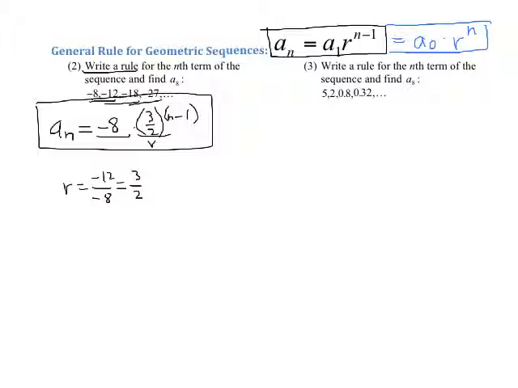But then we were asked to use this formula to calculate the 8th number in our list. And so, like yesterday, that means plug in an 8 for n and see what comes out. So -8 times 3/2 raised to the 8 minus first power. And that means -8 times 3/2 raised to the 7th power. And so if you want to type that into your calculator, be careful with the parentheses, but you can type that in. I ended up with the decimal